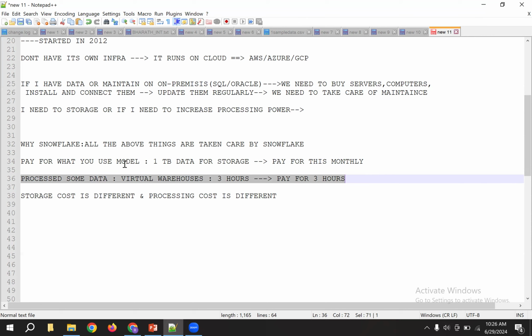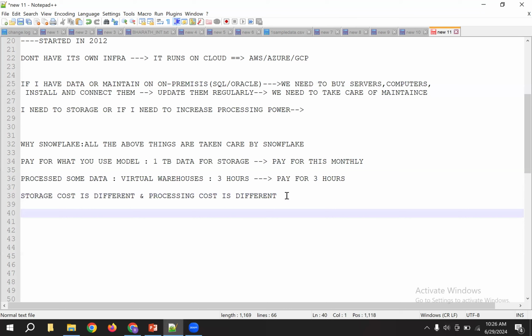Okay. So why you want to go for Snowflake means first one is it is a pay for what you use model, guys. So you are going to pay for what you use. And compared to the traditional data warehouses, it is 40 to 50% cheaper. Compared to SQL Server or Oracle or Teradata or SAP HANA kind of data warehouses, it is 40 to 50% cheaper.